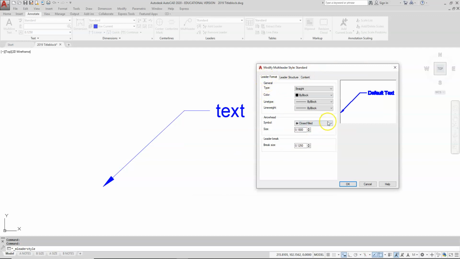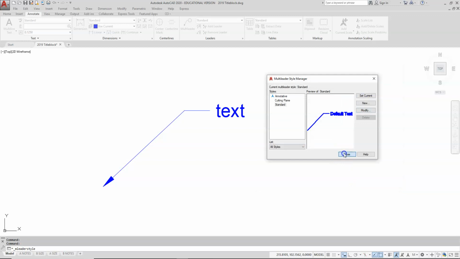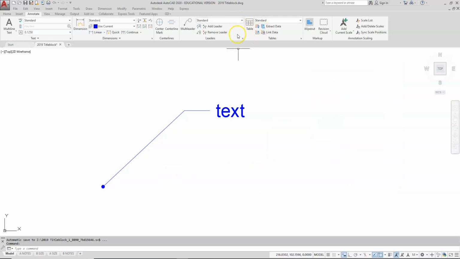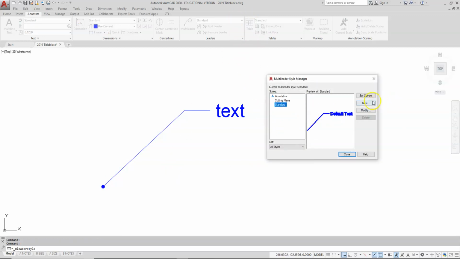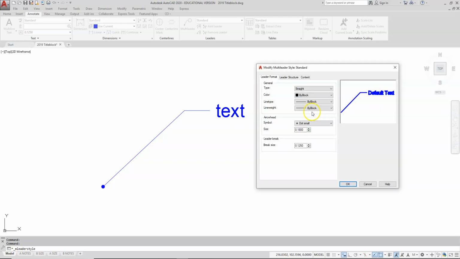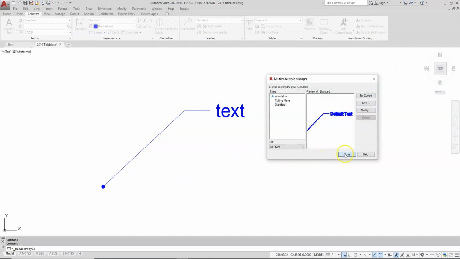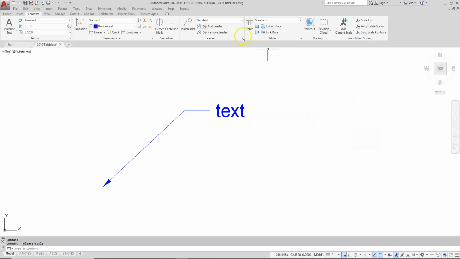We can go to leader format. We can, like I said, change the ending. We can make it a solid dot and update it to have a dot on the end instead of the arrowhead. So it's a pretty cut and dry dialog box where you can change things. You can change the size of the arrowhead. You can update that, and there we go. Back to the